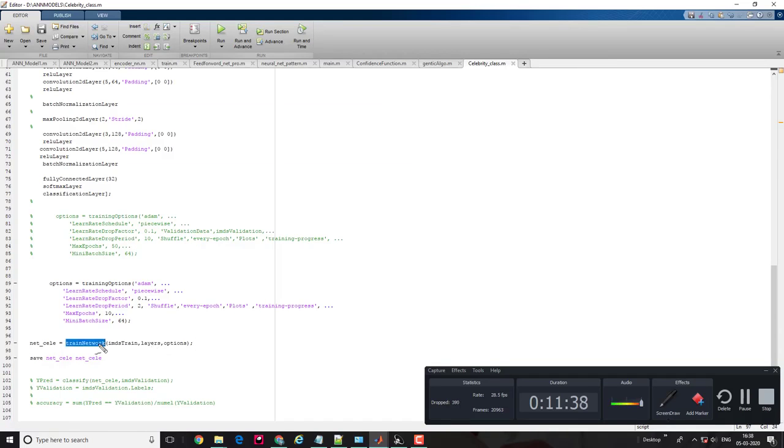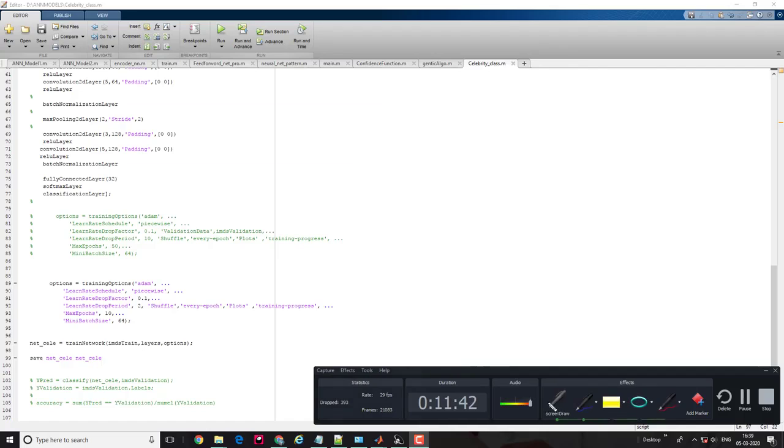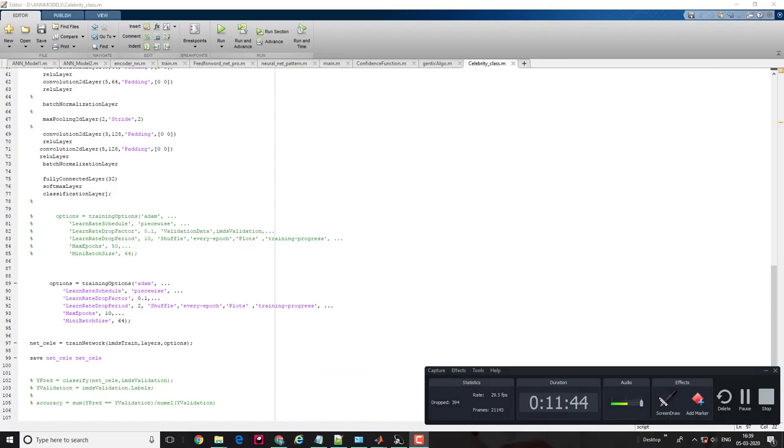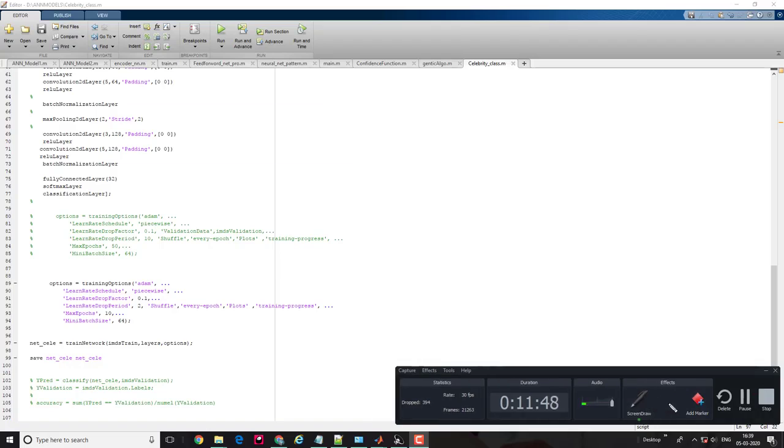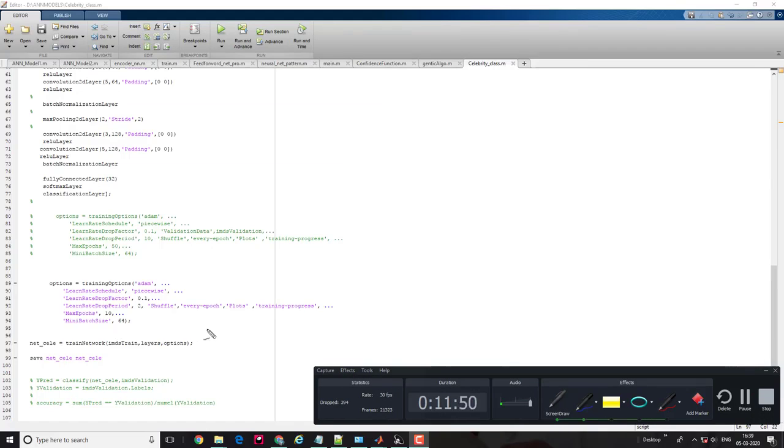Now, let's move to the train network. It's already built in and available in MATLAB. You need to pass these three input parameters. Training options, you can see how to write the training options in the MATLAB help section, or you can access my blogs where you can find how to write it.